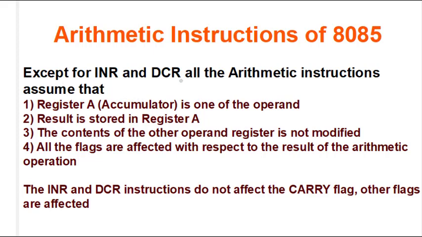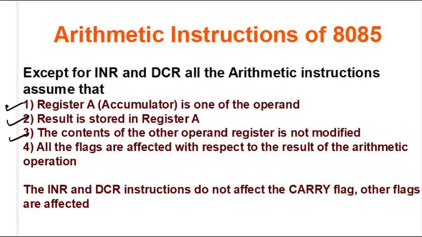Except for INR and DCR, increment and decrement, all the arithmetic instructions have some assumptions. The very first assumption is that register A is one of the operands. So we cannot perform addition or subtraction without A. A should always be there for any addition or subtraction operation. Second, the result is always stored in register A. So when we are adding the contents of two registers, one of the registers is A, the result is stored in A,